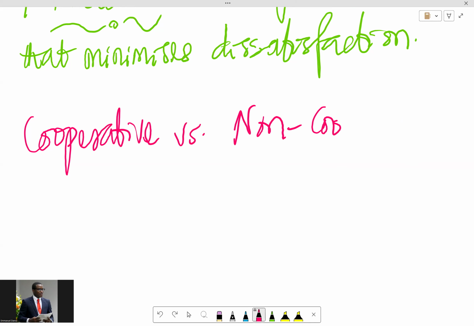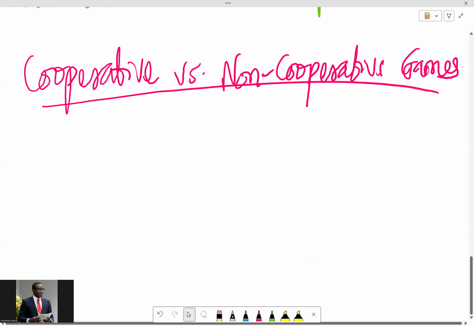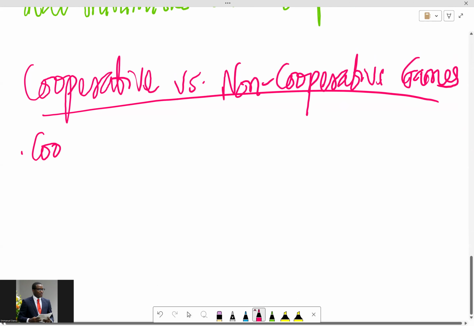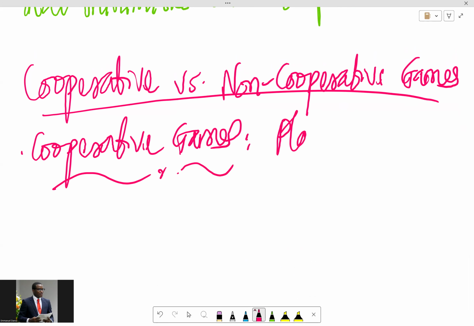So let's talk about cooperative versus non-cooperative games. In cooperative games, you have players form